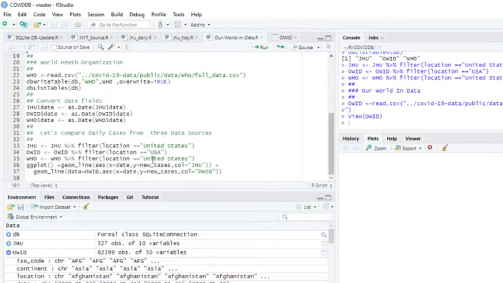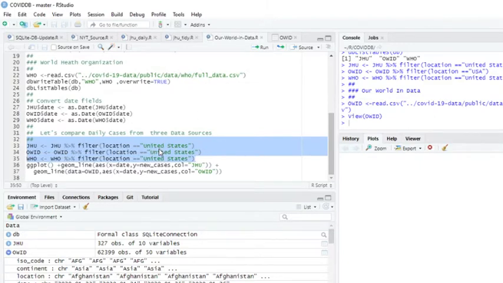Okay, if we come back down here, let's just call this. So right now, I'm just going to run a quick check to compare the three data sources.